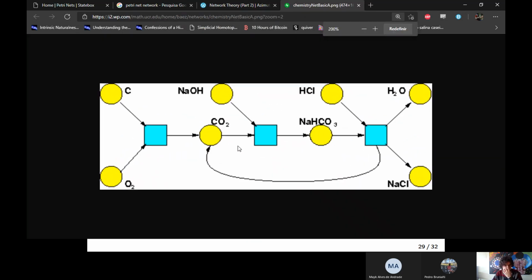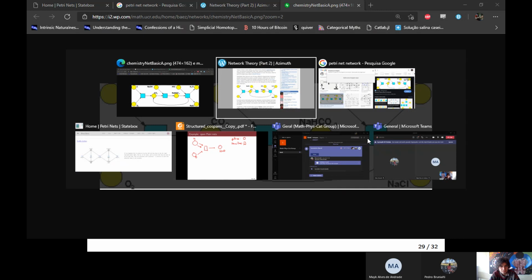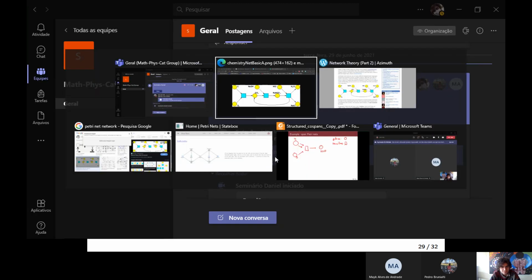Is that if you have the formation of CO2, and with CO2 you can actually form another thing. NH, what is this? This is sodium bicarbonate. Yeah, and so on. So you can try to compose this chemical reaction with this chemical reaction with this chemical reaction. And the moral of the story is that this can be formalized